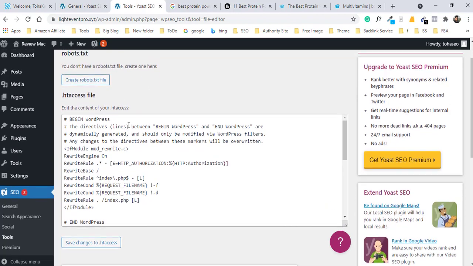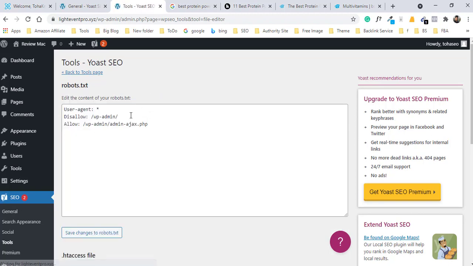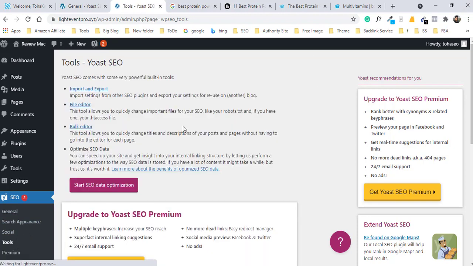You can edit those files from here. It's a very good option. You can create your robots.txt file. You can allow anything or disallow Google or other search engine bots, and you can add the robots.txt file from here.